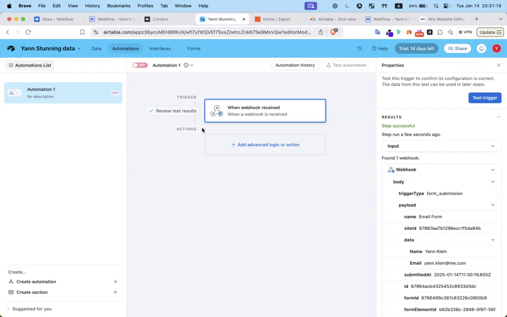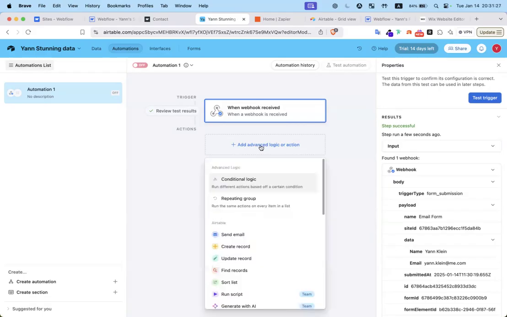Now it's time for us to do an action when we receive the data from the contact form. Let's click on Add Advanced Logic or Action. And what we're going to do, very simple, we're going to create a record. See, there's so many things we can do, right? Even sending an email, it's pretty cool. So create a record